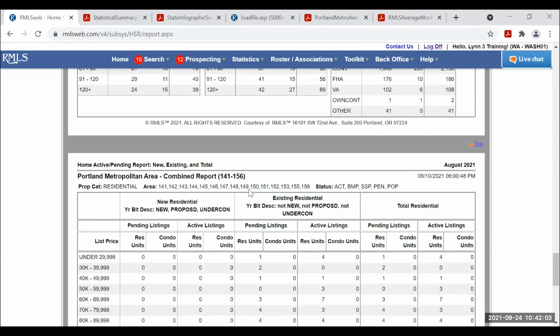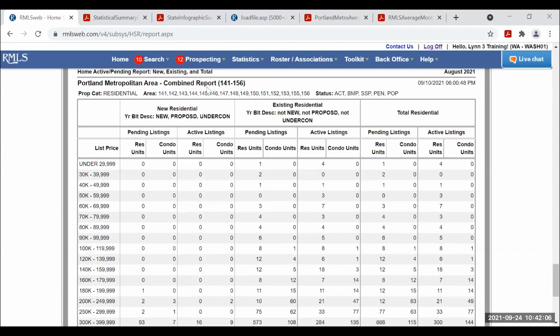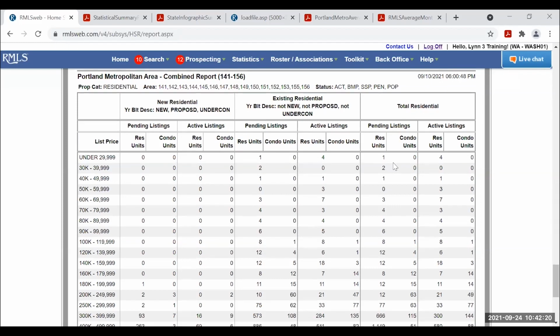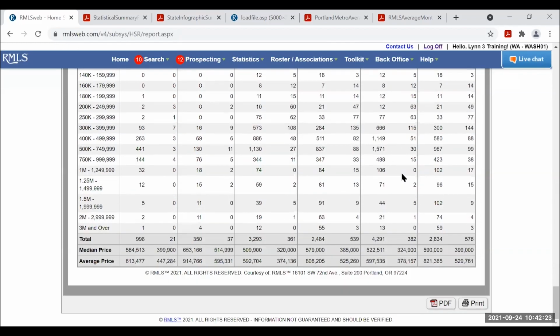And then the last page, fourth page, is the combined report. So it's kind of a summary of the reports above. So new residential, new proposed under construction, next to, again, resale, existing homes, and then total. Okay, and so for most people, again, after they've seen the little charts and graphs and things like that, those are pretty cool for our brains.